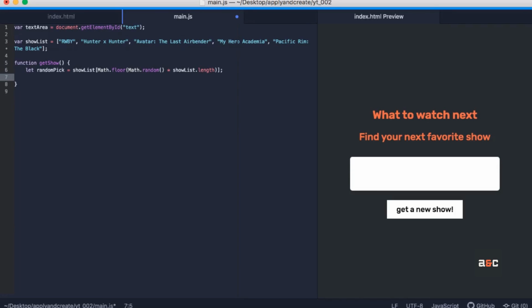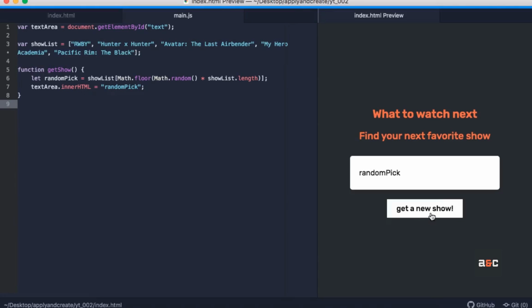So once we have this, we can take our text area and use innerHTML, which is going to insert some text into our text area for us, and we're just going to send it to random pick. Oh, rookie mistake. I set my random pick to a string as opposed to, there we go. Perfect, so we click, we get a show,